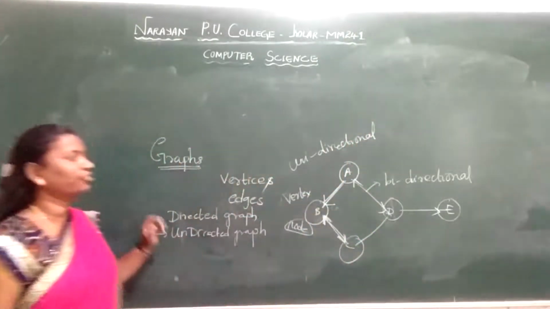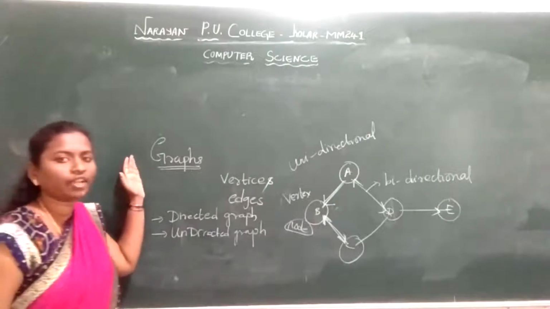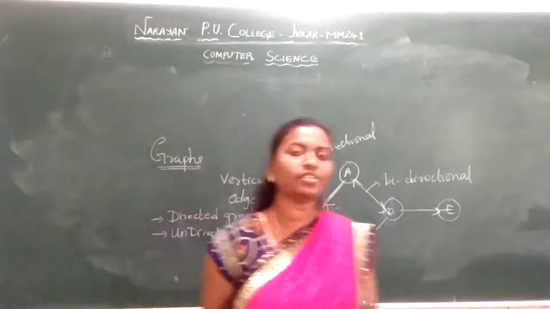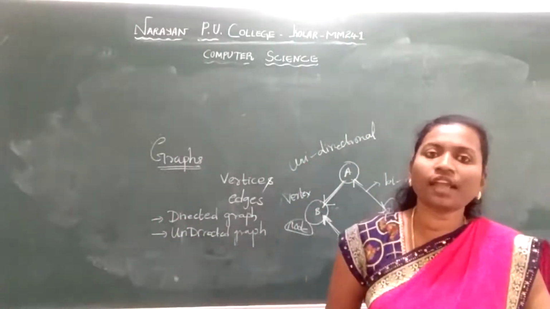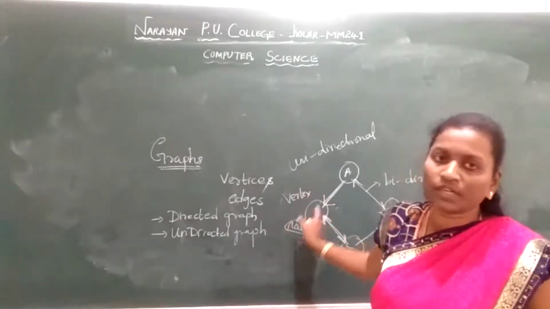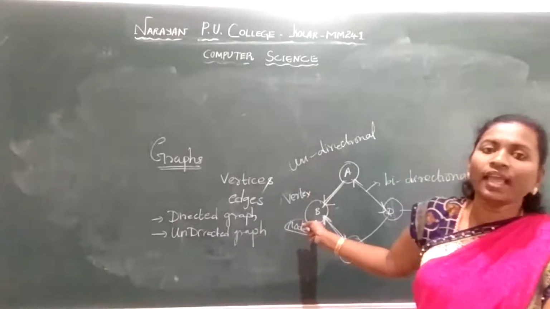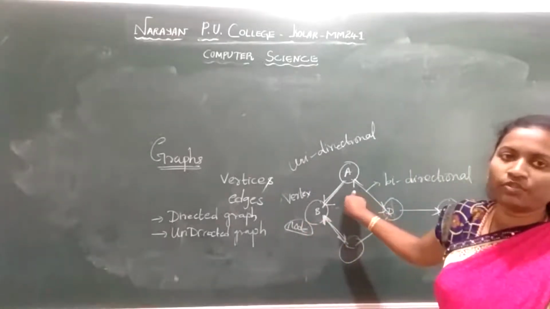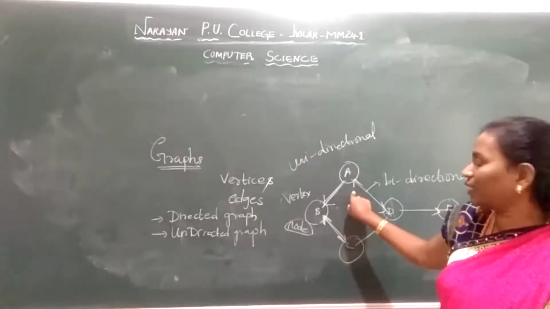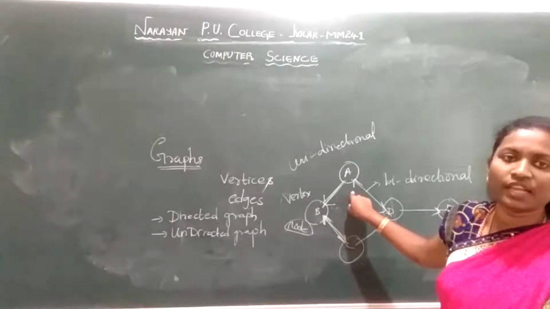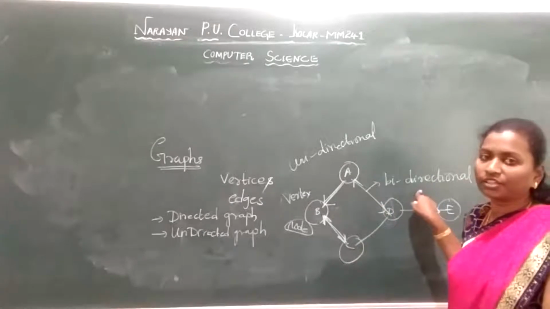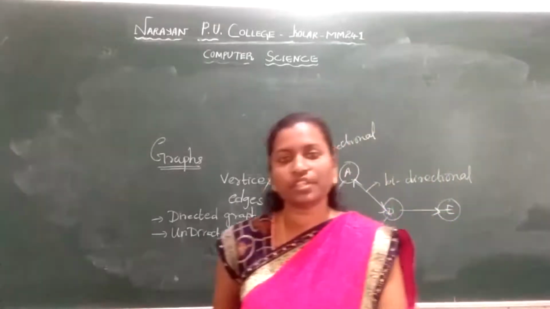So this is about a graph. When they ask you the definition for graph, a graph is a non-linear data structure which contains a set of vertices and edges. The nodes are nothing but your vertices and your arc which connects the vertices, we call the link between the two vertices. This line or this arc is called the edges. So we have two types of graph. One is directed and undirected. If you don't specify the directions, that is undirected. If you specify the direction, that is directed graph. In directed graph we have two types. One is unidirectional and bidirectional. So this is about the non-linear data structure. This ends the non-linear data structure.